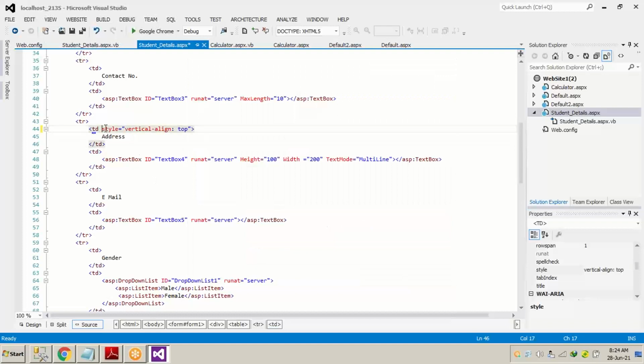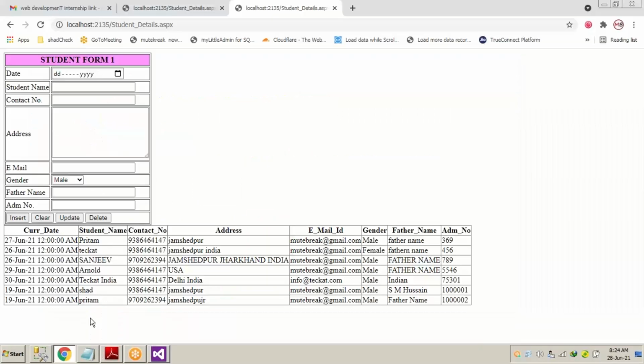Now you can see over here, style vertical alignment is top. The style of this particular address TD has been changed, and the address is on top, and this is looking slightly more decent instead of keeping it in the middle.